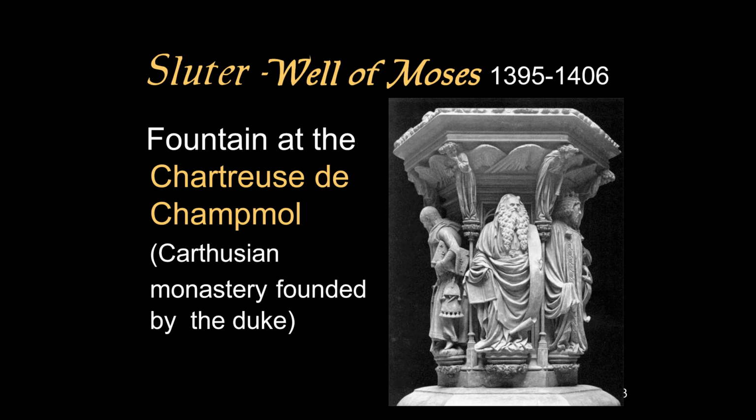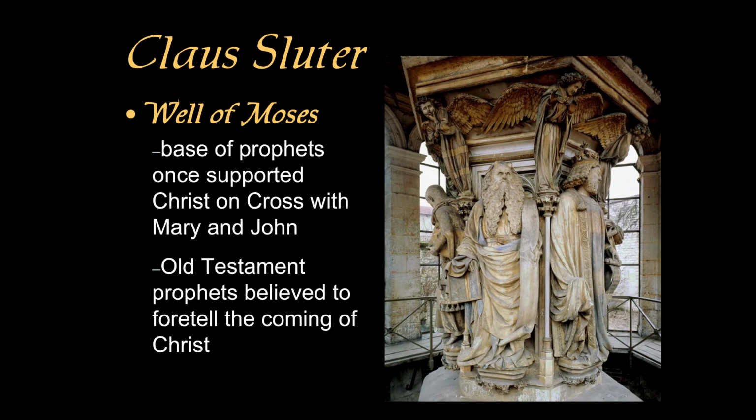The second work of art that is associated with Claus Sluter and also with the Chartreuse du Champmont was the fountain at the Chartreuse du Champmont. It would be a basin, and rising out of the center would be this elaborate sculpture. Alas, the thing that survives is only the base of the sculpture. Today it's known as the Well of Moses, which is a kind of 19th century conventional title. But as we say, it's basically the fountain, and the base has 6 prophets from the Old Testament.